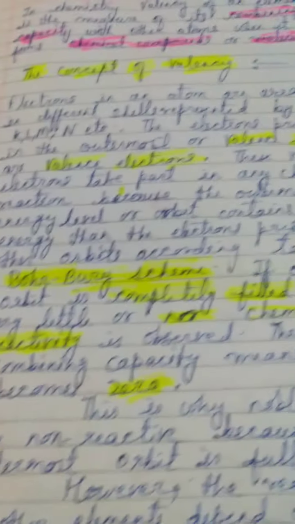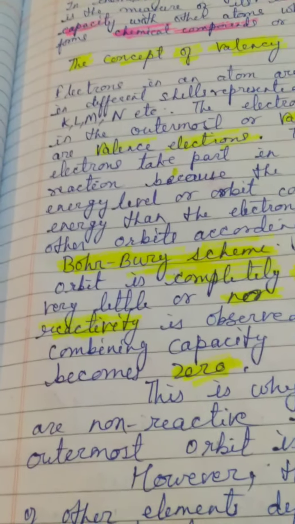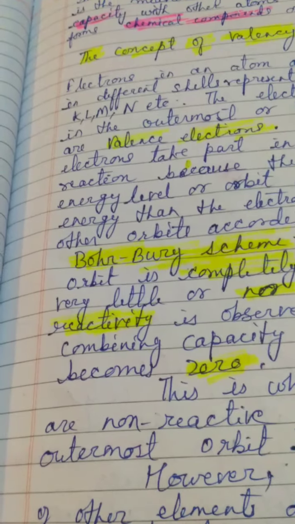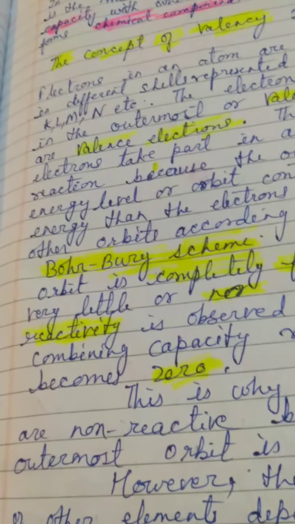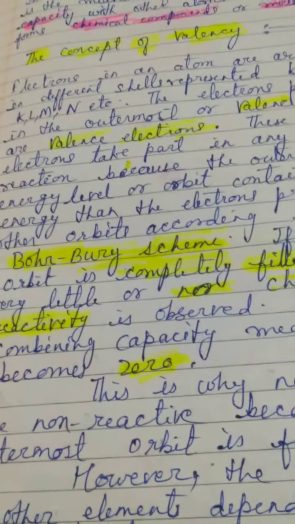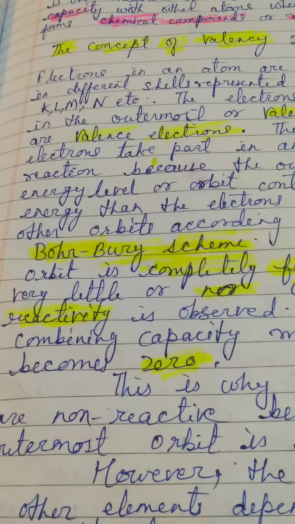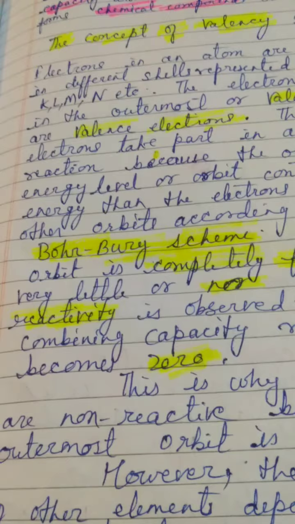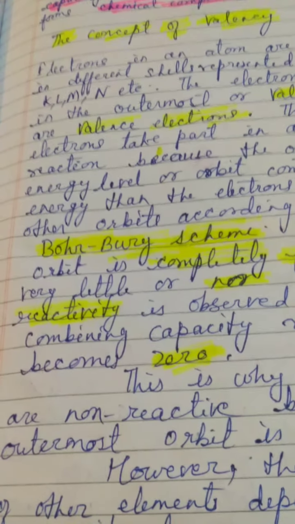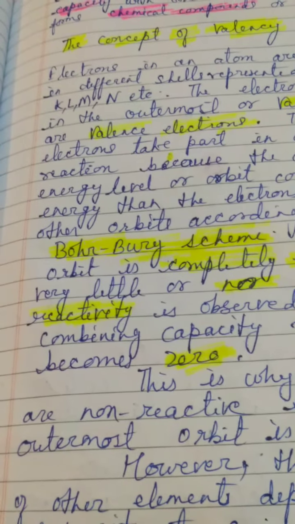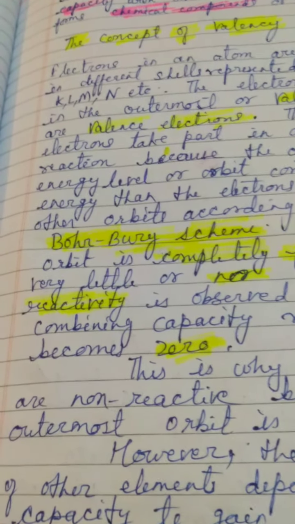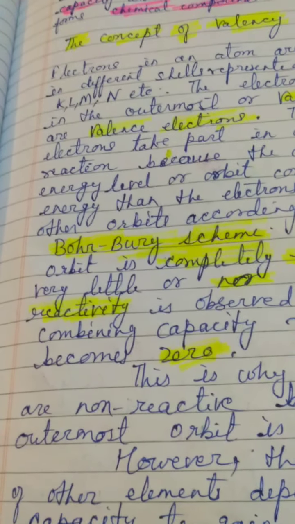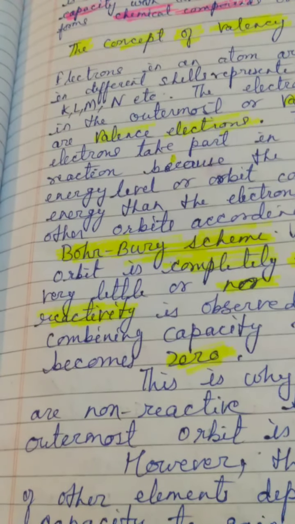Or if there is just 1, 2 or 3 electrons in the outermost shell, this I am telling you is the case of metal. अगर मेटल में क्या होता है कि जब एक जो सेकेंड इनर शेल होती है, जिसको कि हम लोग पेनल्टीमेट शेल भी कहते हैं, आउटर मोस्ट शेल के पहले वाली जो शेल होती है, उसमें इलेक्ट्रॉन कंप्लीटली फिल्ड होते हैं ऑक्टेट, और जो बचे हुए इलेक्ट्रॉन 1 या 2 या 3 होते हैं वो दैट गोज इन द आउटर मोस्ट